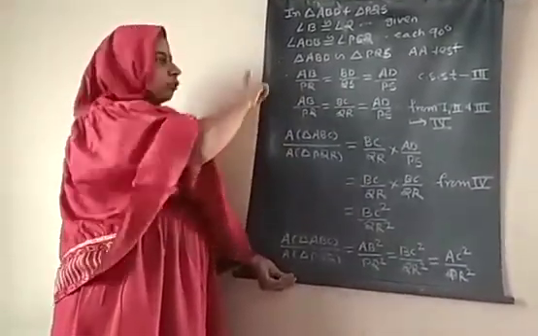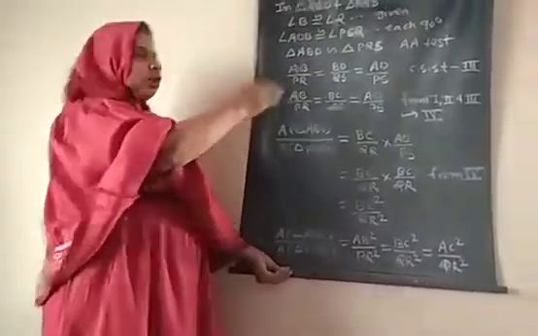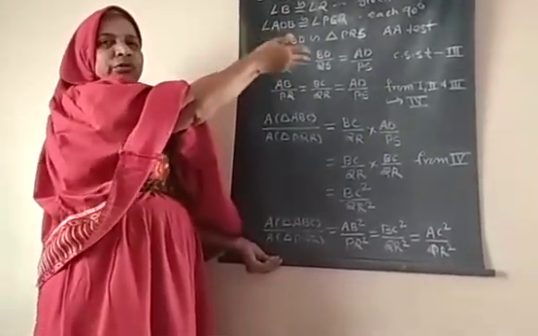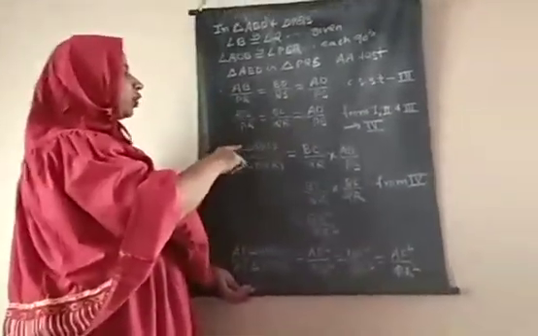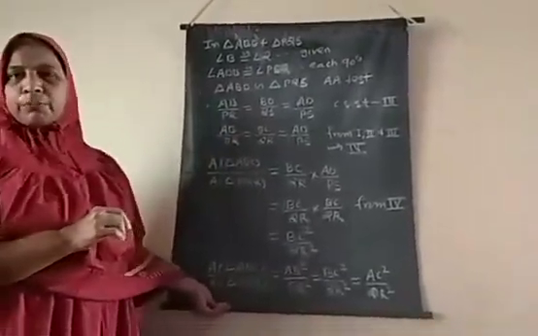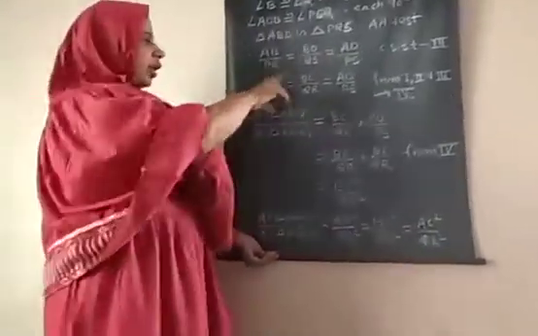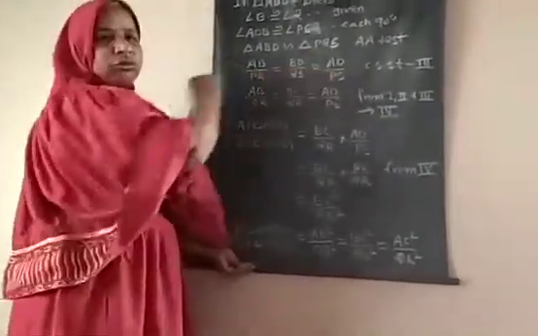Now follow all the 3 equations. In the first equation, we showed all the 3 sides are proportional, that is, the ratios AB upon PQ is equal to BC upon QR, equal to AC upon PR. The second equation is BC upon QR multiplied by AD upon PS. That is the area ratio. And in the third equation, we proved these ratios.